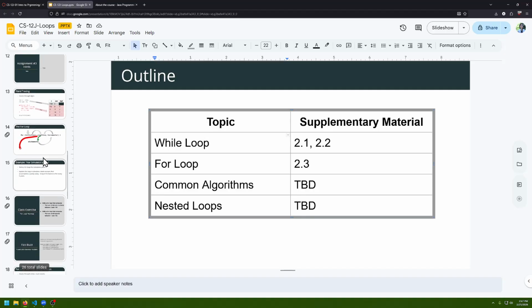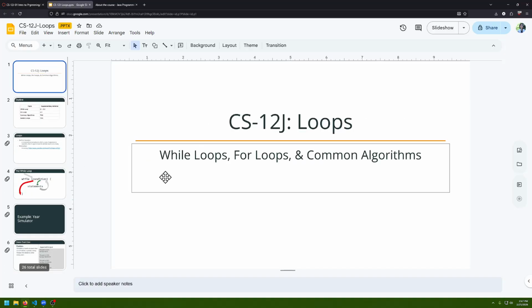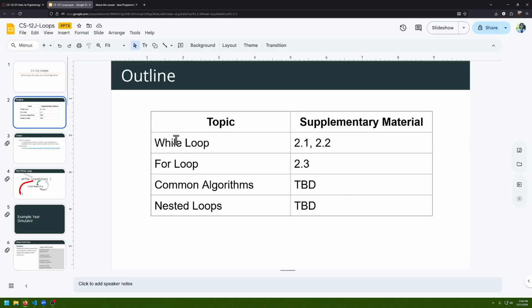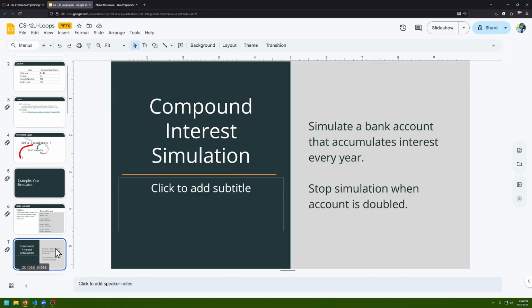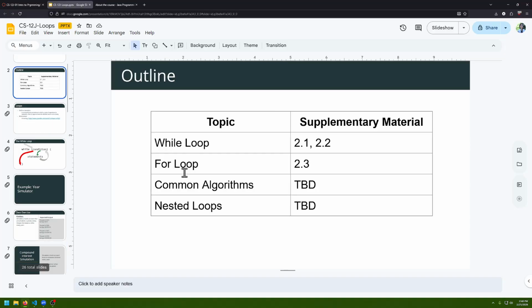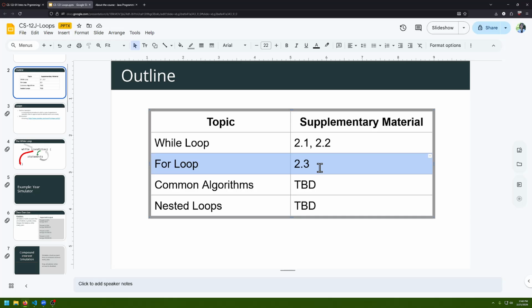Okay, and then it's really going to feel the same as 2 days ago. Two days ago we talked about the while loop, and we introduced a compound interest simulator. We're going to do the same exact thing with for loops, just to further solidify and so people see how to do things in a different way. So today it's just going to be these 2 things where we're going to be done with